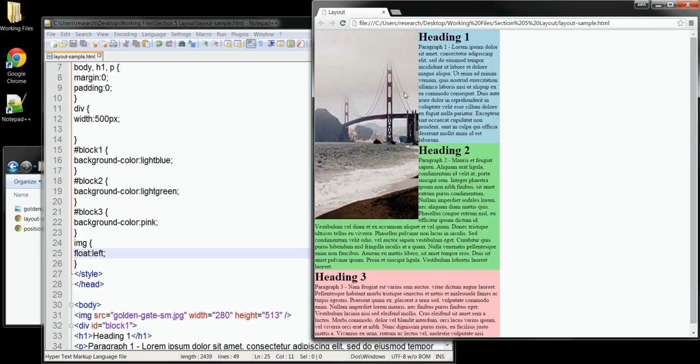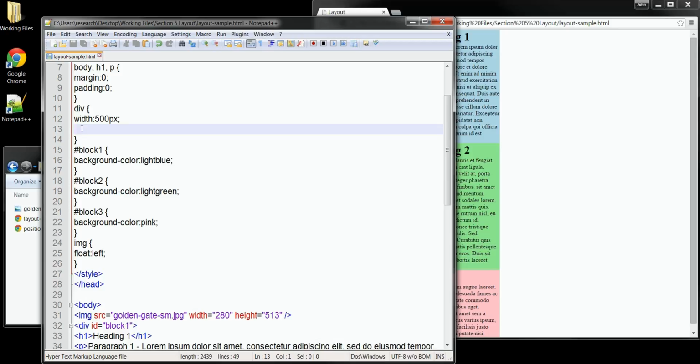Now, if we actually wanted to move these elements over, instead of just having them float next to the object, we can float them as well. I could go up to our div tag, and I'll set everything to float left. Now we'll have all three of our divs and our image floating. I'll save that change,